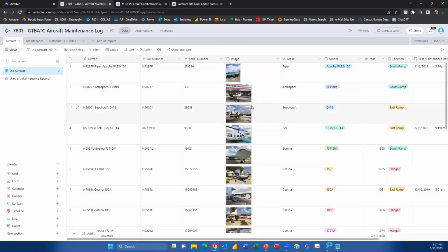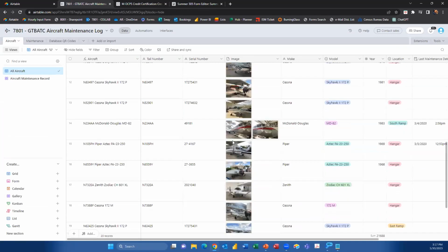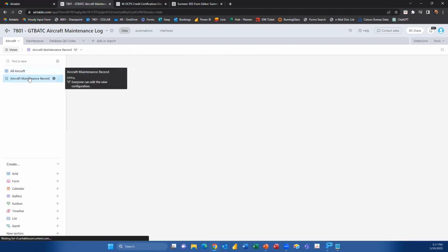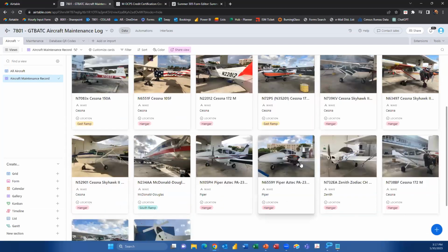And you'll notice that I have photos of each of the aircraft to help the mechanic instructors at the school identify which airplane they're working on. And I have here a gallery view that allows those teachers to simply identify that information by looking at the photo. So by taking a look here, they can quickly, using a mobile device or a laptop, identify which airplane